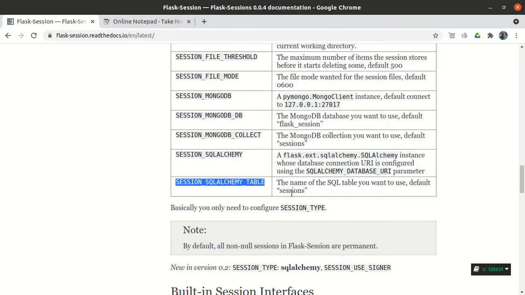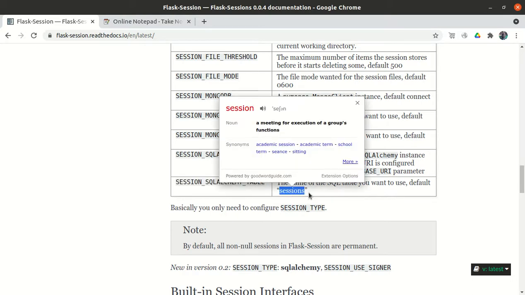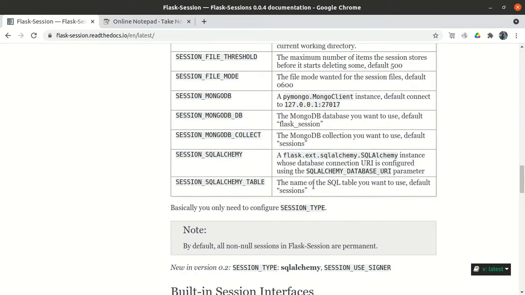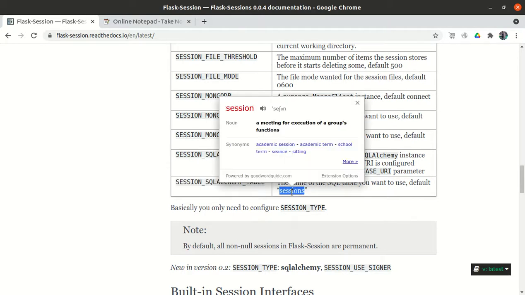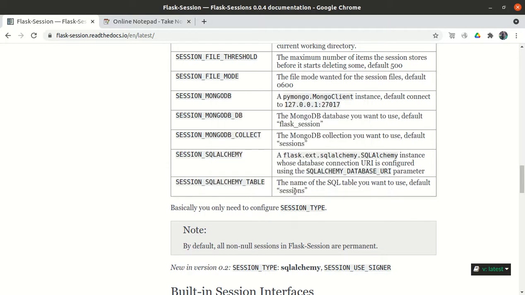By default it will create sessions as a table. If we want to store the details on the server in another table, we can use this keyword in our configuration. But by default it will create the sessions table. I will show you that as well. Anything more? That's all.